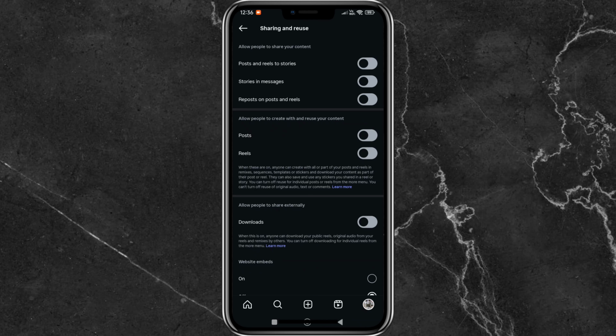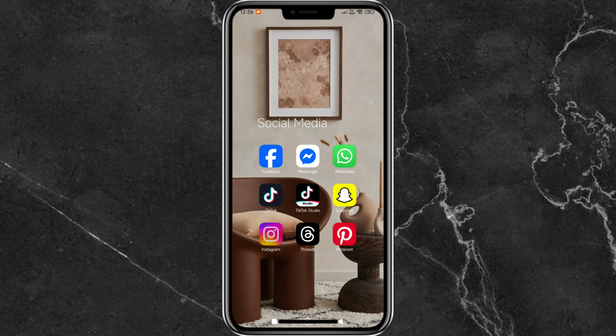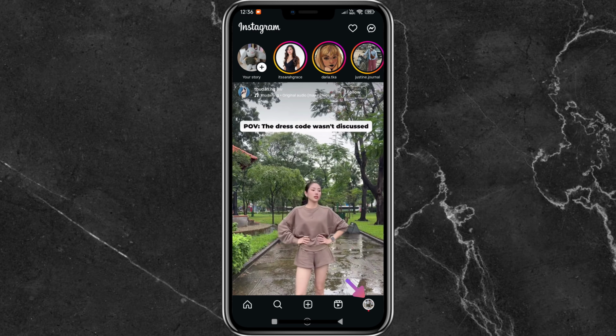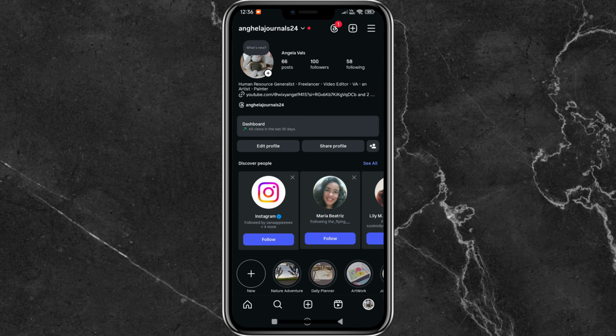How to turn off reel and post sharing on Instagram. So to start, we'll have to open our Instagram account, and then in here we'll have to go to our profile. To do that, tap on your profile picture, and then in here on our profile, tap on these three